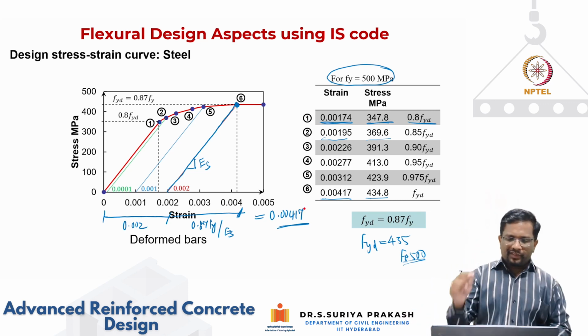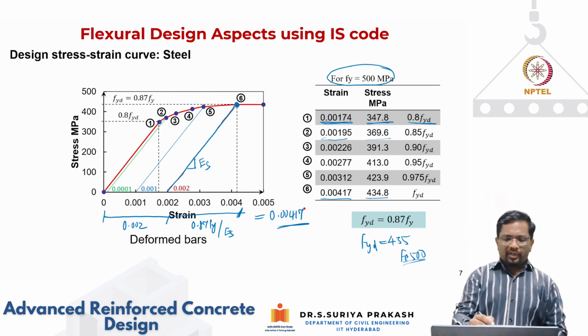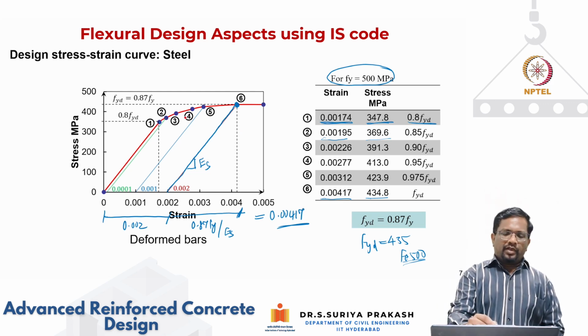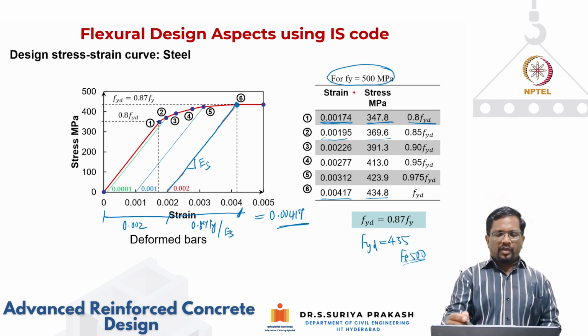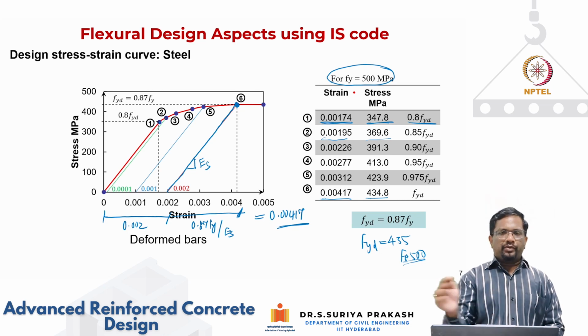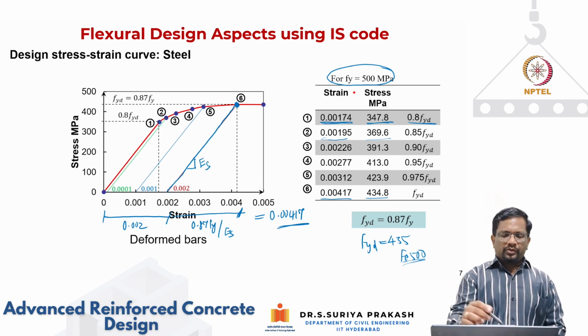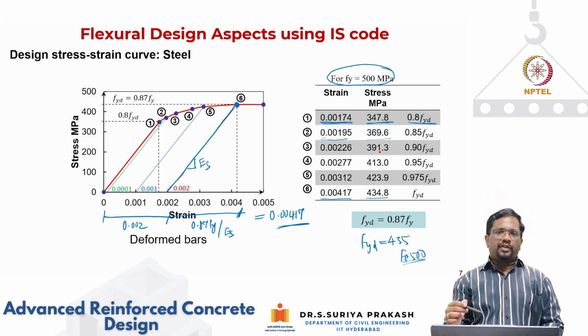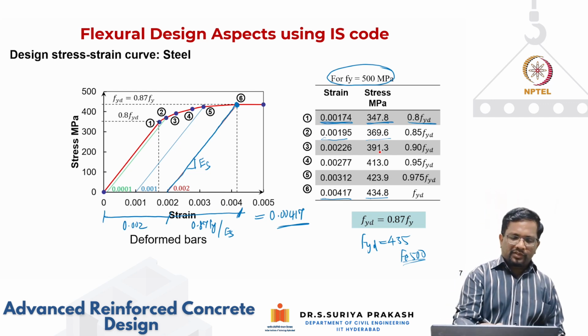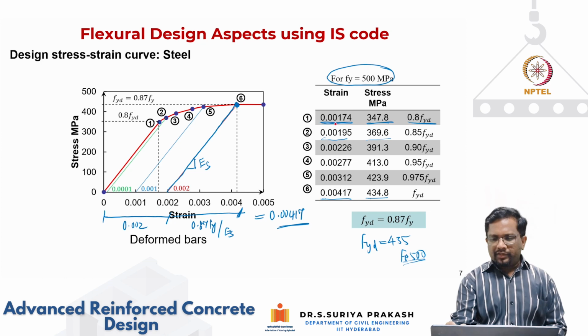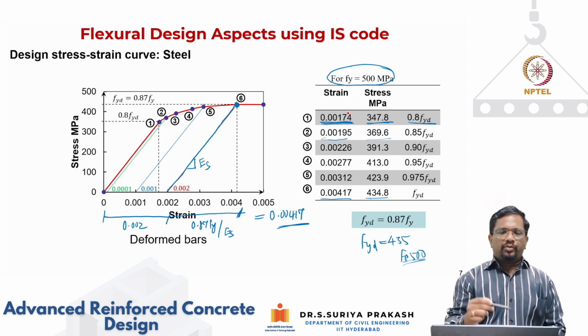Okay, this is the design stress strain curve that we are going to use. Similarly, you can also have design stress strain curves specified for Fe415 and Fe250 also. But for Fe250 there is no issue, so directly the values are specified. The values specified here are valid only for Fe 500 grade. Okay, so the only problem is when the strain is less than this value, which is 0.00174, then